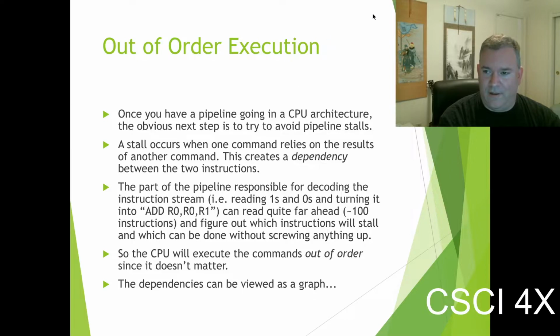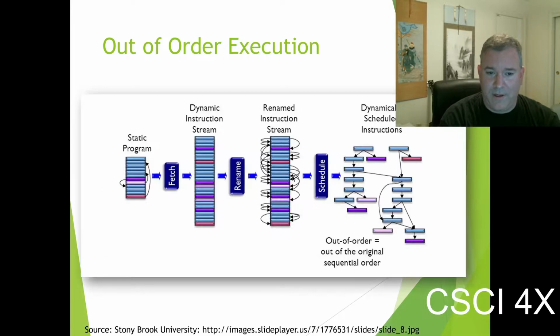It's been around in Intel for ages. Modern Intel systems will look ahead 100, 200 instructions, 300, I don't know. It's a pretty big number. And what they do is they figure out which instructions are dependent upon which. You can view this as a dependency graph. So this guy depends upon this guy depends upon this guy. And then the CPU will pluck the roots off the trees and run those, because these guys are not dependent